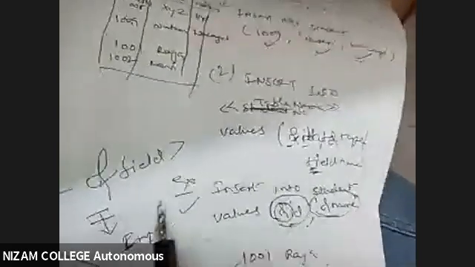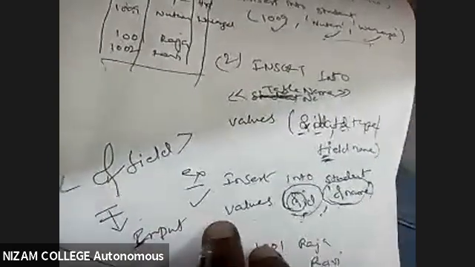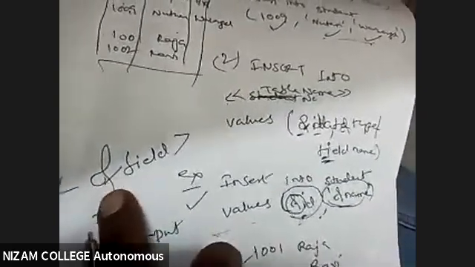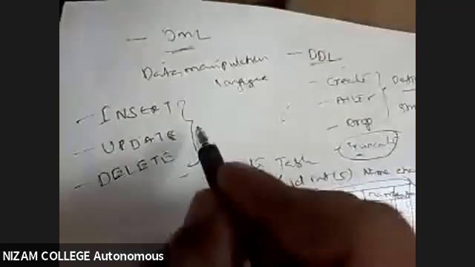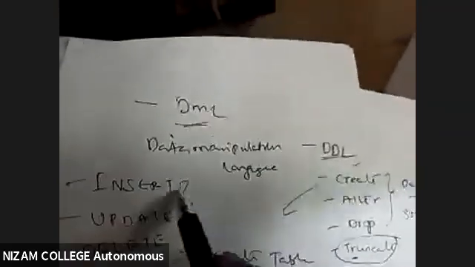Instead of writing the entire syntax again, in order to avoid that, I'm going for the second type of syntax, where I'm using the ampersand. With the help of the insert command, the first DDL command, I insert the record. This is the first command of my data manipulation language, which says to insert the record.